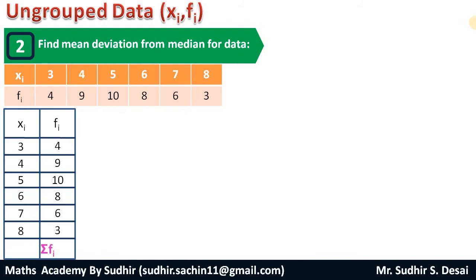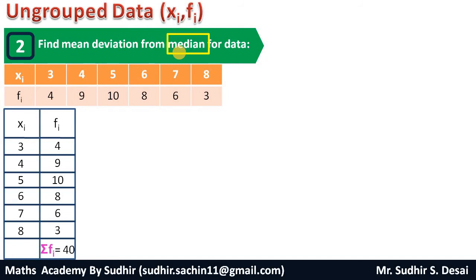So now here we have to calculate median first. So here I will find the addition of column fi. So 4 plus 9 is 13, plus 10 is 23, plus 8 is 31, plus 6 is 37, plus 3 is 40. So sum of this column fi is 40. Now carefully observe how to find the median for ungrouped data, that is when xi and its corresponding frequency is